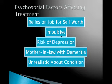Also, he's unrealistic about his condition because he thinks he can return to work right away without complications. He may also be unrealistic about his therapy treatments. The impulsivity and being unrealistic about his condition has made this patient very bitter about his current situation. There's a risk of depression, which is due to being unable to do the activities he enjoys and being dependent